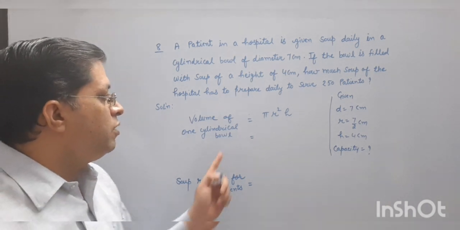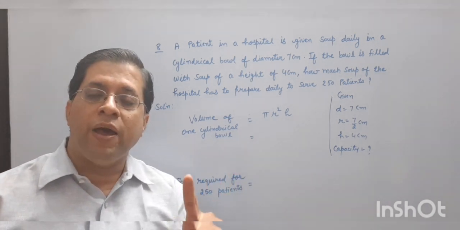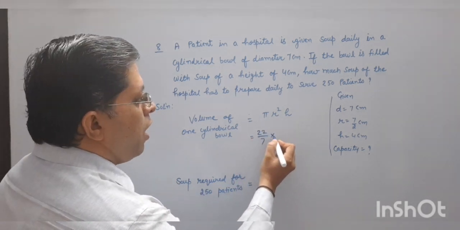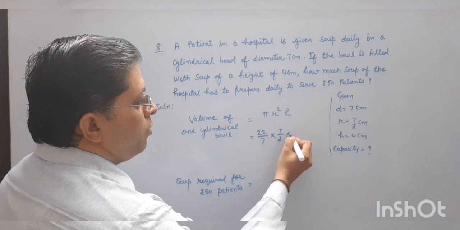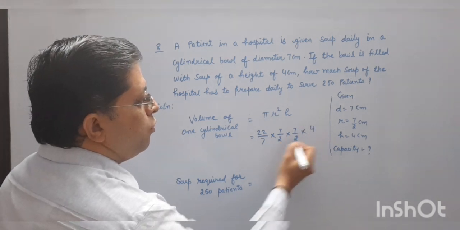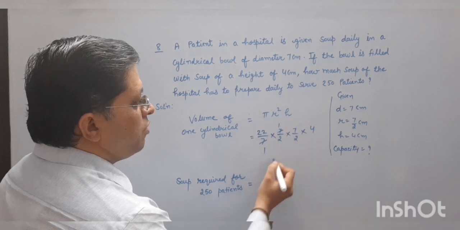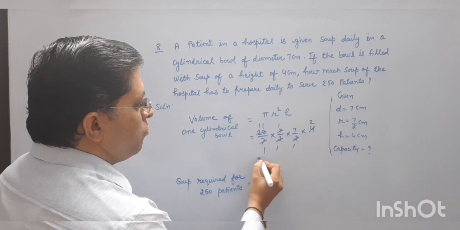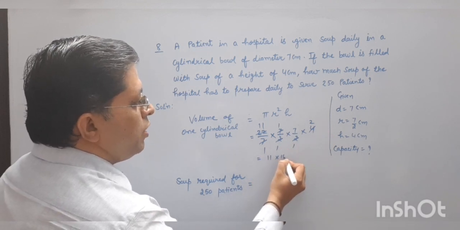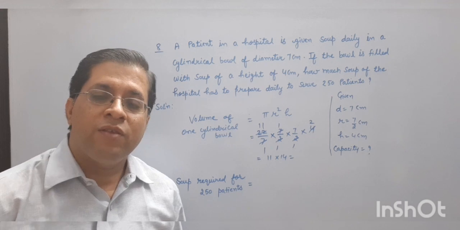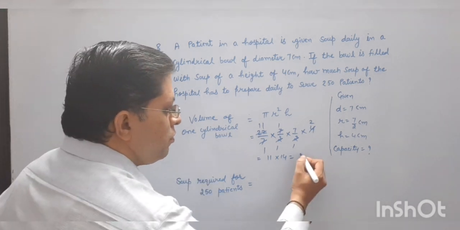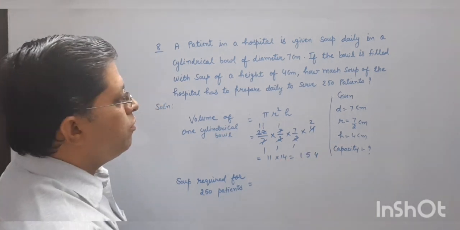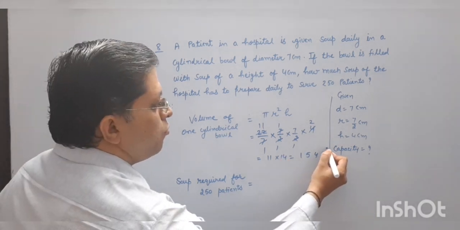Okay, so what is the volume of cylinder? That is pi R square H. Pi is 22 upon 7, R is your 7 upon 2 into 7 upon 2, and H is your 4. You can cut 7 on the 7, 7 on the 7, 2, this is 11, and this is here. So what is 11 into 14? Again same thing by Vedic method. This is 1, this is 4, 4 plus 1 is 5. So 154, what is the unit? Centimeter cube.